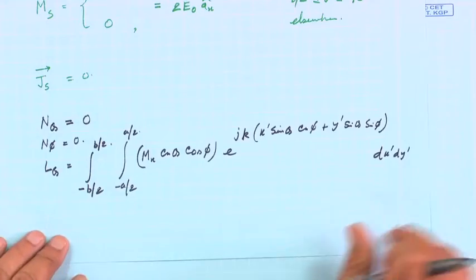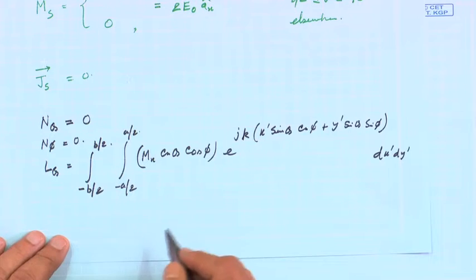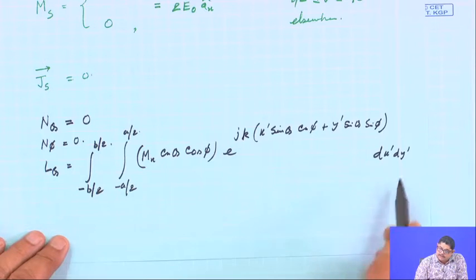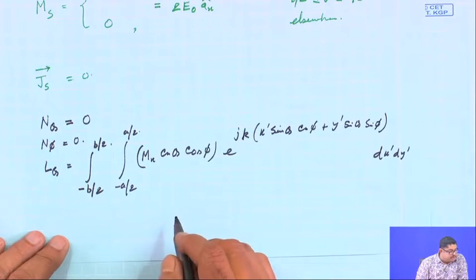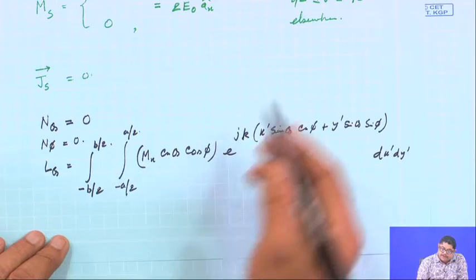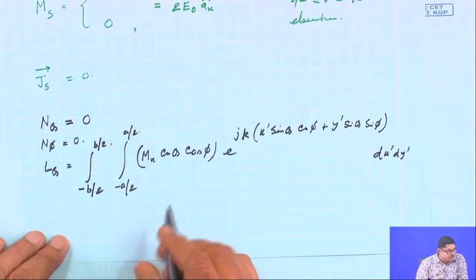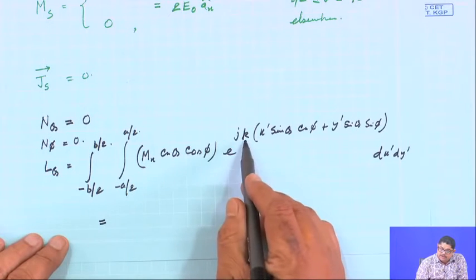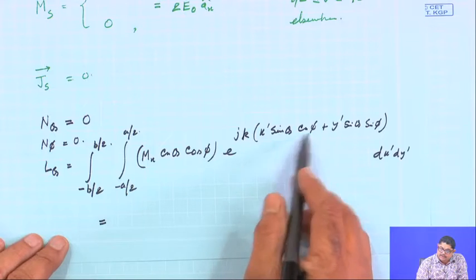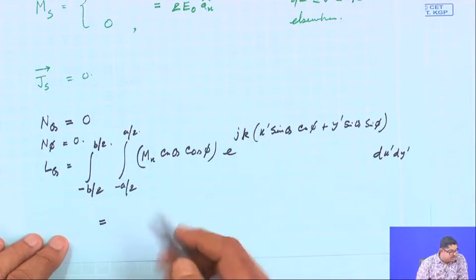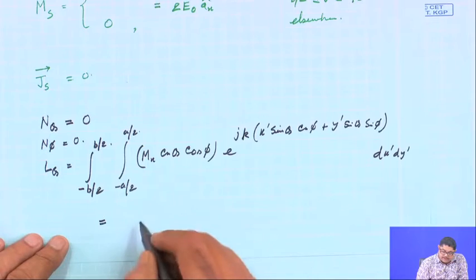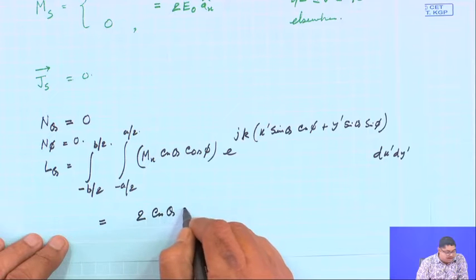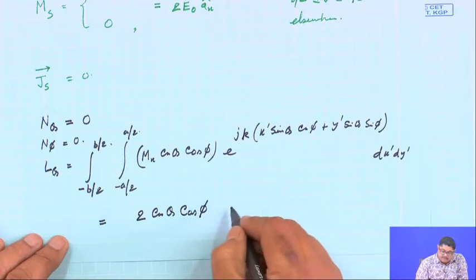Here you can see that cos theta, cos phi, etc., will come out, because this integration is only over x dash. And we already know the mx value is 2 a 0. So we can easily do this integration, because it is e to the power j k x dash sin theta cos phi, and all these are constants with respect to x dash. You will find that this becomes 2 cos theta cos phi